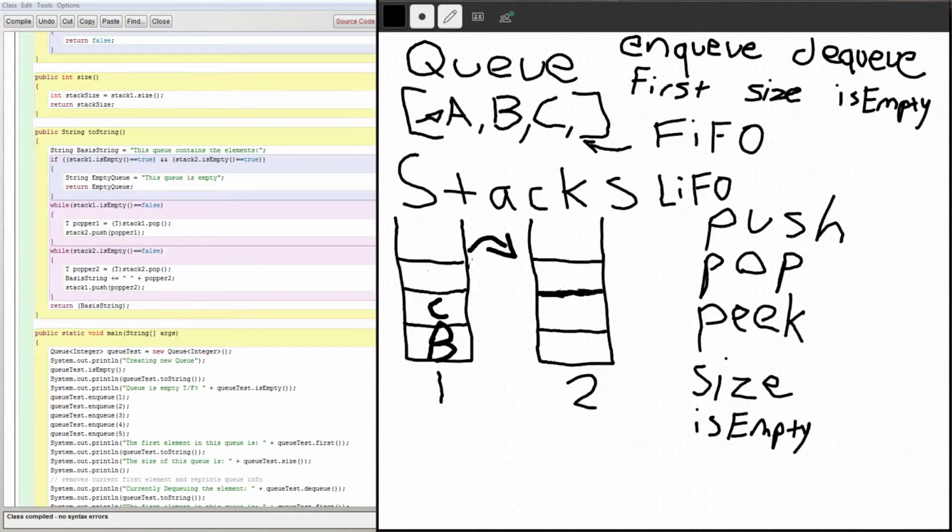So that is the basis for how to implement a queue using two stacks. You simply use one stack to enqueue, which is you add all the elements in the first stack, and then you pop them into the second stack. That way you reverse the order. Then you dequeue, which is by popping the first element here, and that'll be removing example A from the queue, and then re-pushing all the elements back into the first stack in order to keep the queue